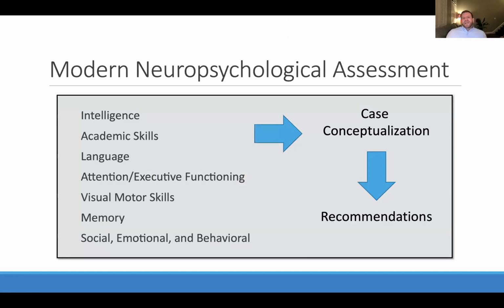So there are a couple of points I want to make about this pattern of neuropsychological assessment in its modern form. The first is that it's comprehensive, right? We're looking at key domains, which you can see on the left side. As I mentioned before, it's not just about seeing those strengths and weaknesses, but coming up with a conceptualization, an understanding of how those fit together to create what parents or teachers are seeing, and then using that to guide our recommendations, okay?